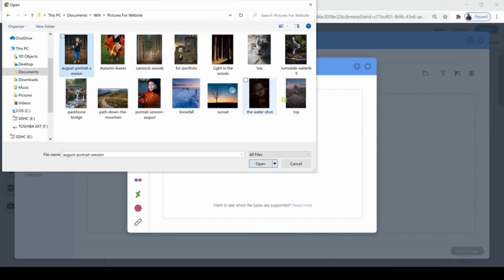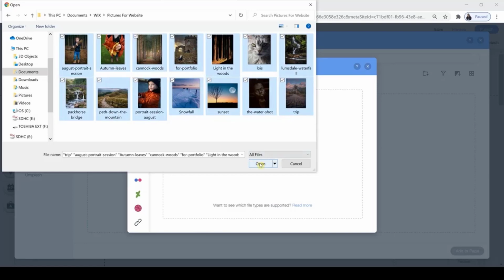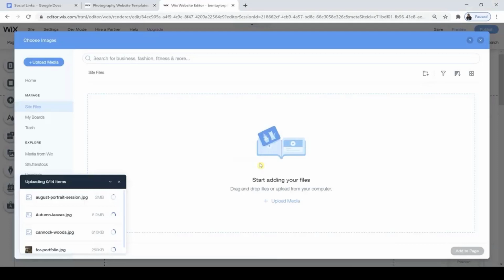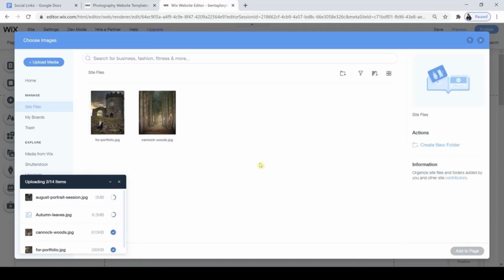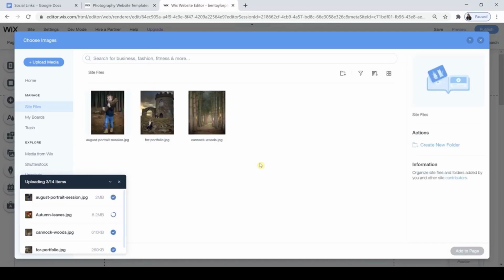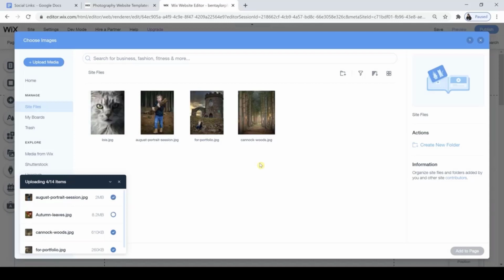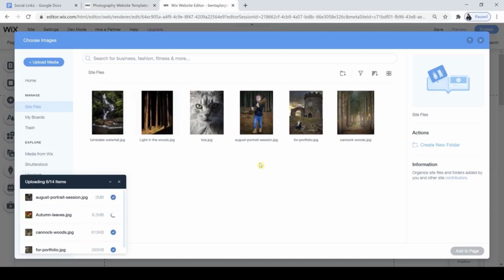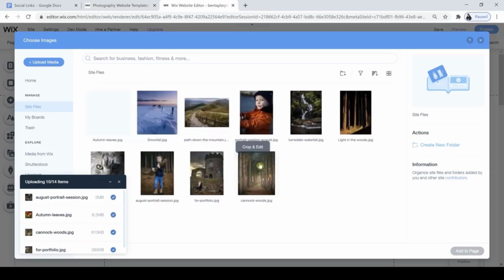And then when I've done that, I can just click open, and they should all just open up inside here now. Let's have a look. They're just loading, and there we go. They're coming through now. So how this is going to work is these are all going to now display on the portfolio page. And when they've all loaded in,